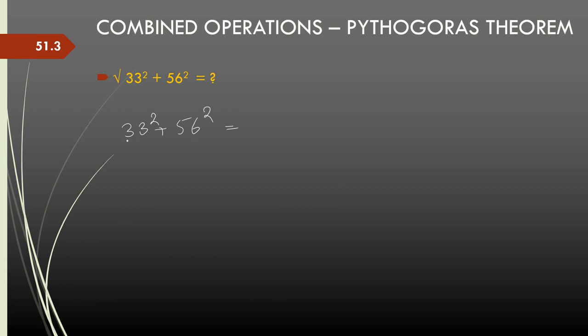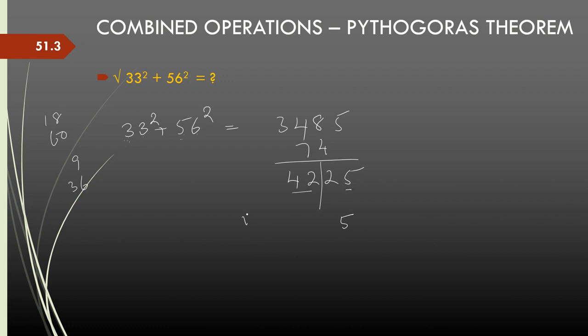So if we calculate from the left, it is 3 square and 5 square, that is 9 plus 25, 34. Then 2 times 3 times 3, which is 18, plus 2 times 5 times 6, which is 60, so it is 78. And then I have 3 square, 9, plus 36, which is 45. So this is 4225.